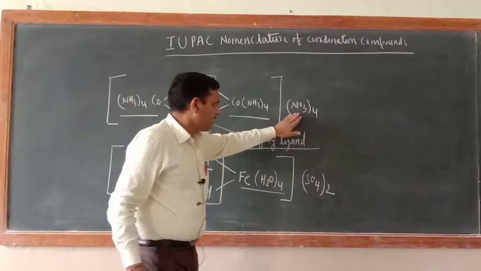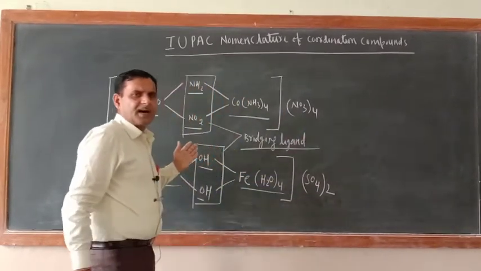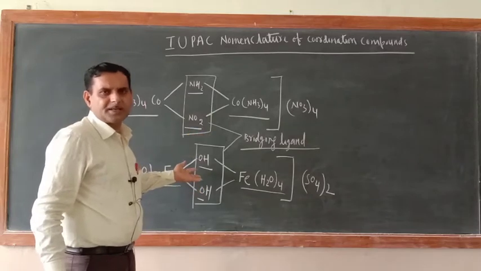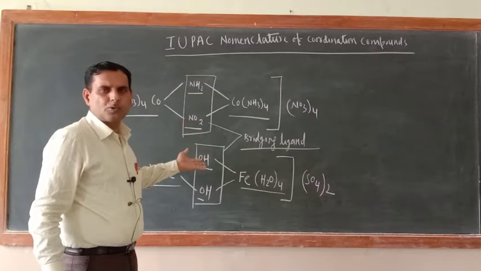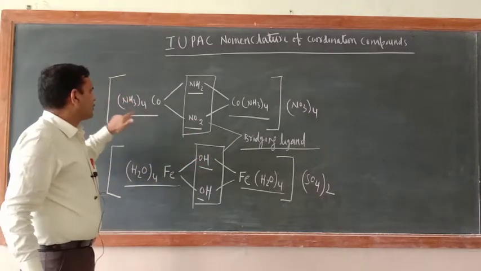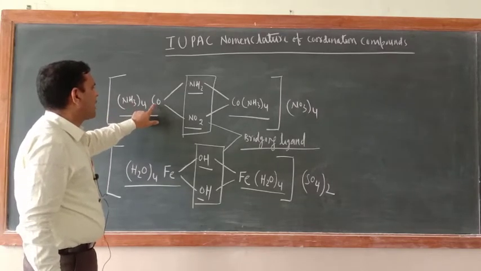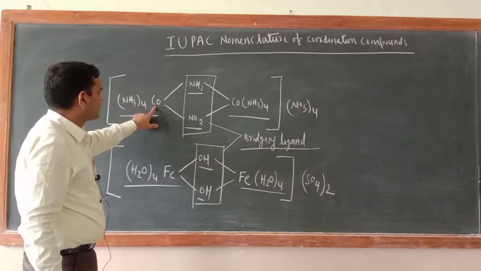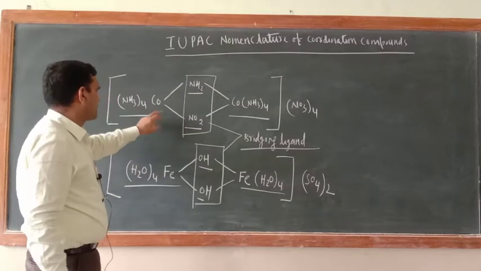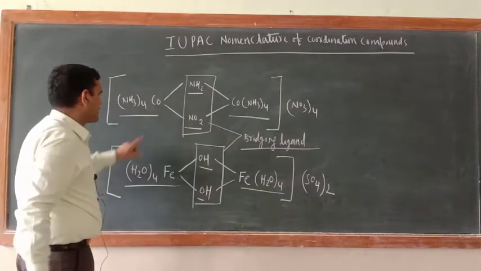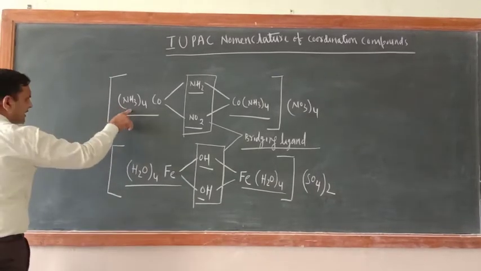Just see, here nitrate ion, here sulfate ion is present. So what kind of complex they are? Definitely they will be the positively charged complex. So whatever rule is applied for naming a positively charged complex, same rule will be applied here also. Now you can calculate their oxidation state also. Oxidation state of this one, cobalt. Okay, so NH2, yes. Now if you calculate the oxidation state of cobalt here, just see how many cobalt is there. Do the exercise here.